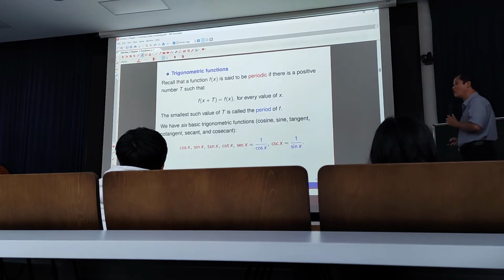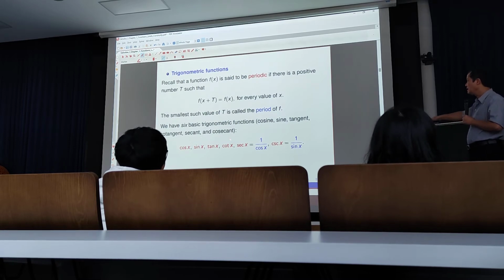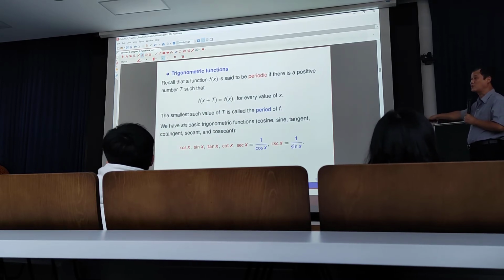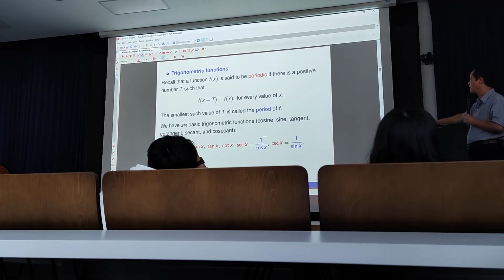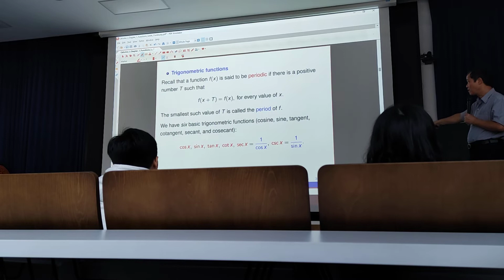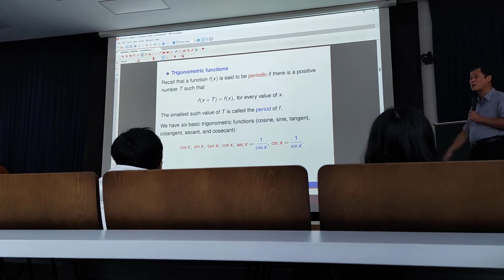So for your calculus one, beside the four first well-known trigonometric functions, cosine A, sin A, tangent of A, and cotangent A, you have to remember and work with two more functions, sec and cosec function. Làm nào để nhớ? Nếu cái hàm mà bắt đầu là s giống là sin ấy, thì nó lại chia cho cos. Mà hàm bắt đầu là c, tức là cos ấy, thì nó chia cho sin. Đấy, đây là hai cái hàm perform from reciprocal.